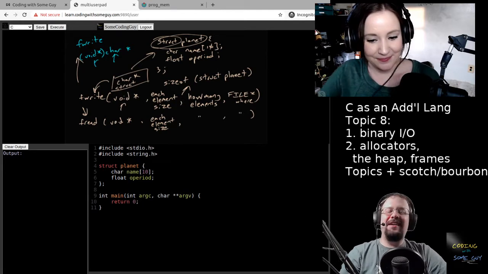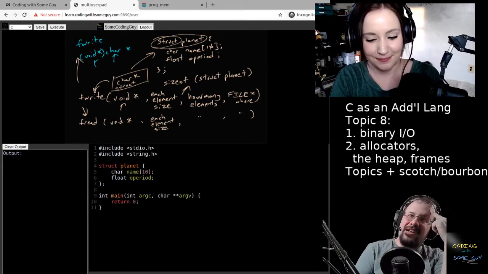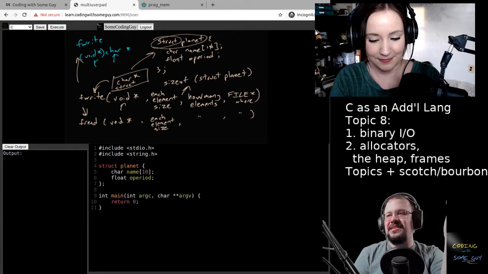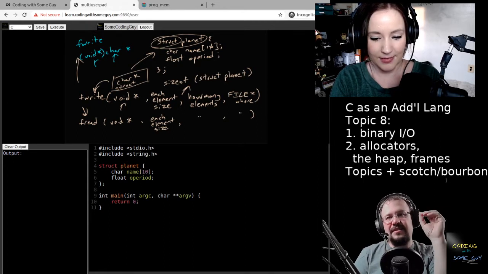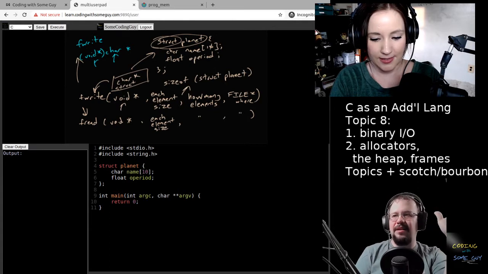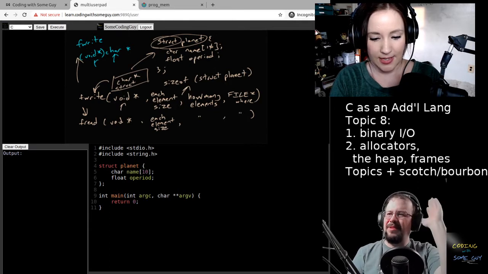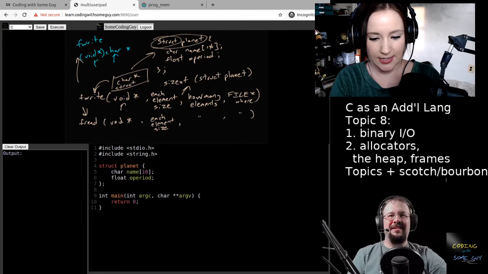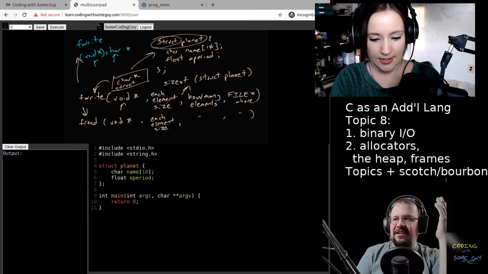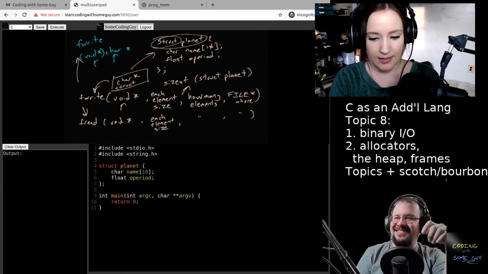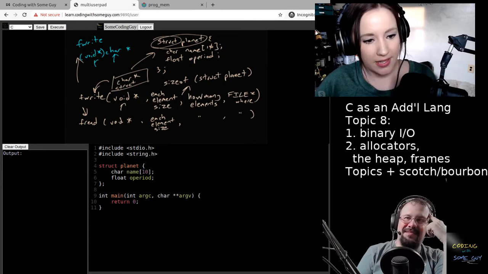So anyway, great. Let's set up a structure. Let's assign a couple planets. Do you remember how to make an array? I know we did arrays kind of quickly, but it's pretty much the same as Python, so you know how to make an array. So in main, give me an array of planets. Call it P.